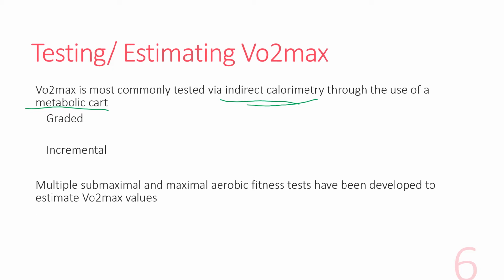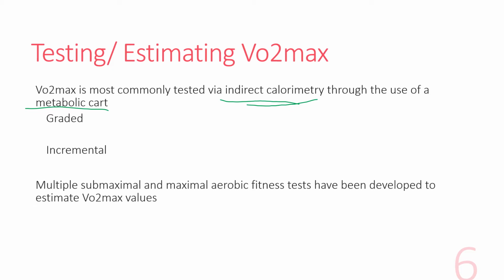And the reason for this is we want those increments to be about 3 minutes because that's how long it takes our body to kind of adjust to that stage. So this allows our body to get close to reaching a steady state before we increase the intensity. Okay? The only time this is not necessarily true is when we're doing a stress test. And during a stress test, the increments may be only 1 minute long. And again, the reason for that is we're less concerned with VO2max when we're doing a stress test. We're more concerned with placing stress on the heart